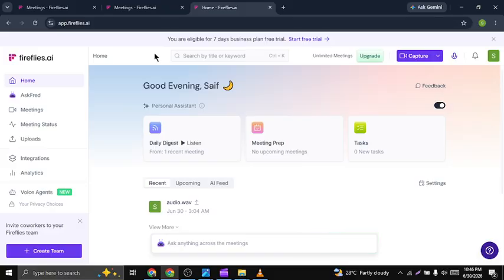Instead of searching through old emails or documents, use Fireflies' search tools to instantly find past conversations, action items, decisions, or specific keywords across all your meetings. This makes valuable information easy to find whenever you need it, and that's how you improve meeting workflows with Fireflies